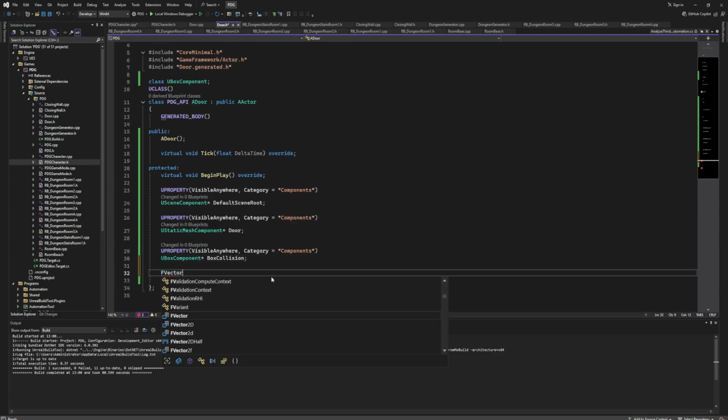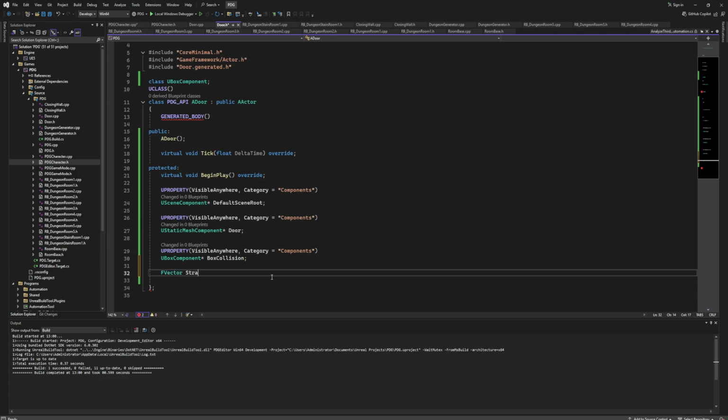The first variable will be of type FVector. That will be the start location of our door, the door that we want to open and close. So we are just going to store the start location here. The FVector stores the X, Y, and Z values of the location of some object, and in this situation that will be the start location of our door that we want to open and close. The next variable that we need to declare will also be an FVector,